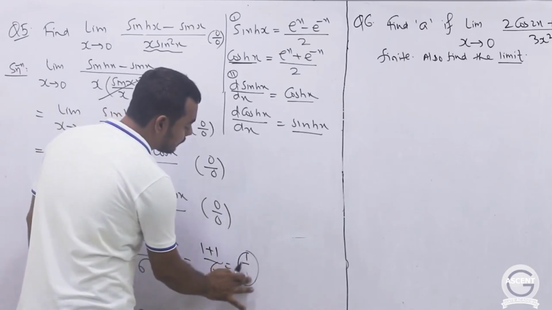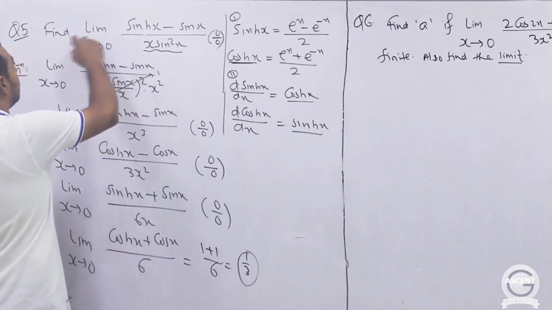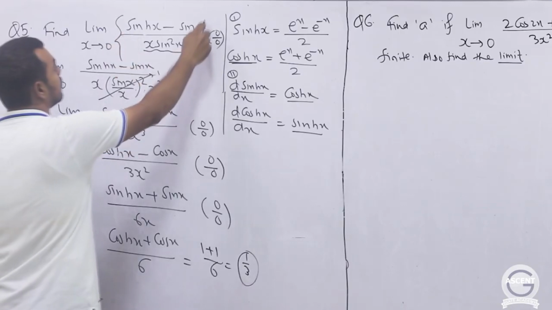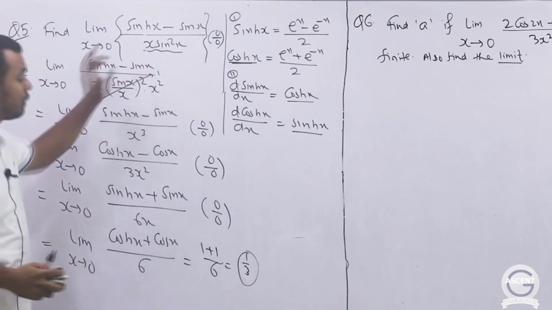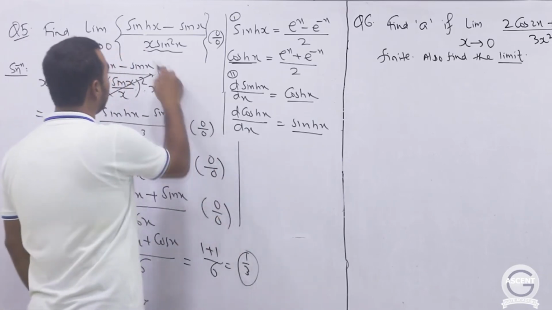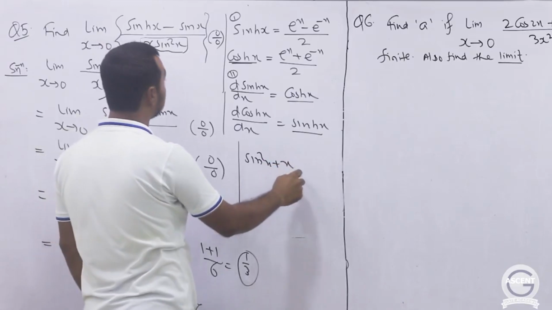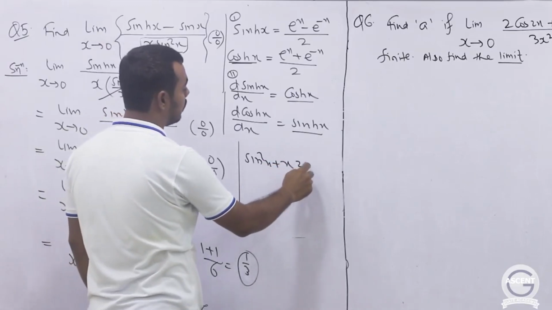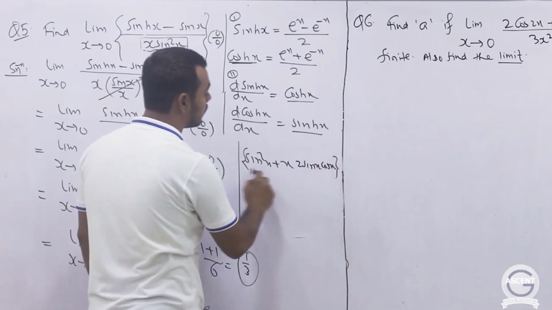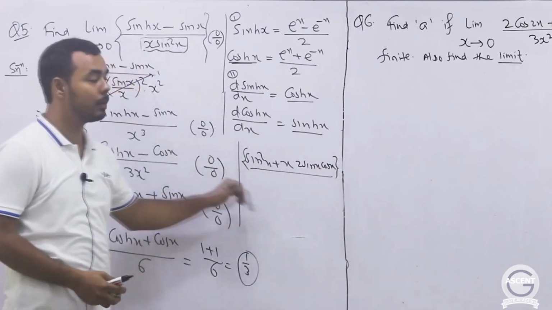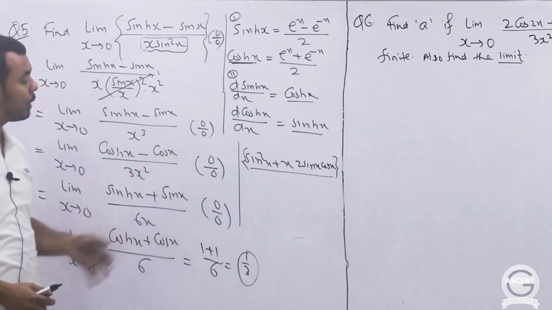Now you can see that if you had started by applying L'Hopital's rule on the original function, then if you had to differentiate the denominator, the first derivative would need the u into v formula. So you will get sine square x plus x times the derivative of sine square x, which will be 2 sine x cos x, right? Now again you have to differentiate this function. So you can see how complicated it will become, and the function that you get needs to be differentiated one more time.